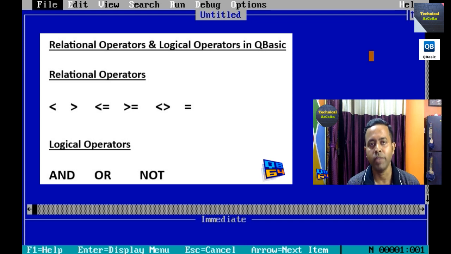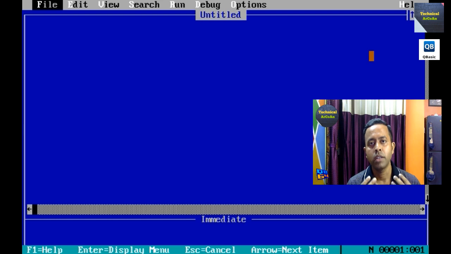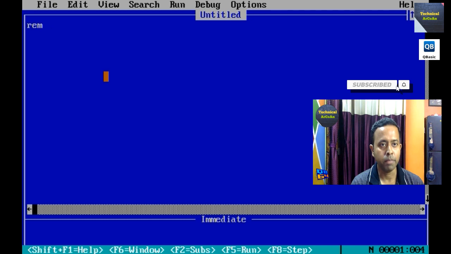In my previous video I described the arithmetic operators like plus, minus, division, etc. And these are the operators which are used as conditions. Both are used in conditions, one is relational, the other is logical. And where can we use them? We can use them within a conditional statement. So today I will discuss, within this QBasic IDE, a program where we define conditional statements in our code. Okay, so we just write here at first, suppose, rem